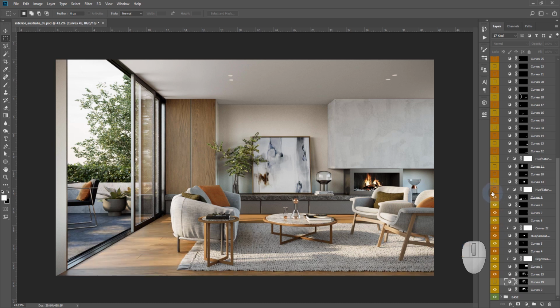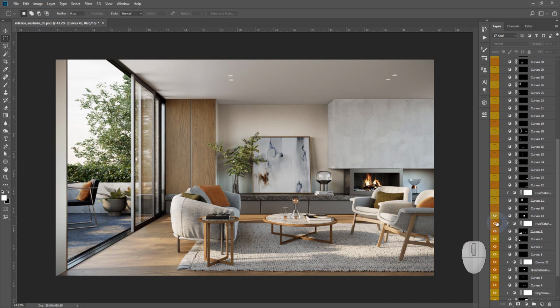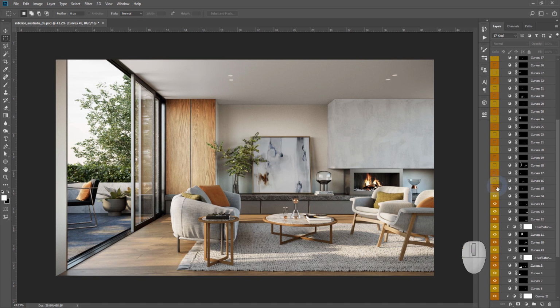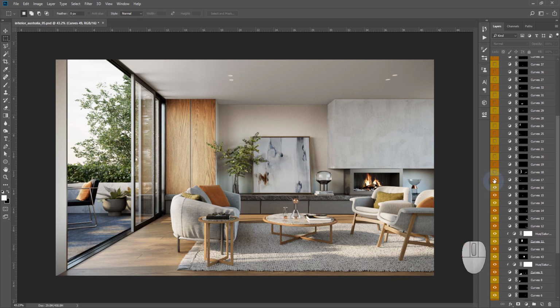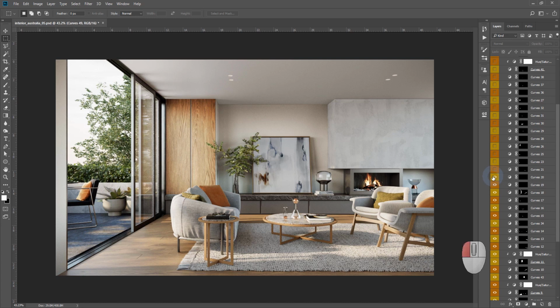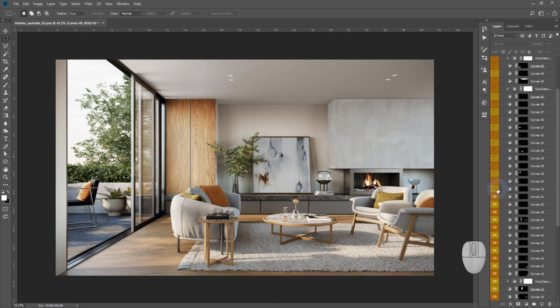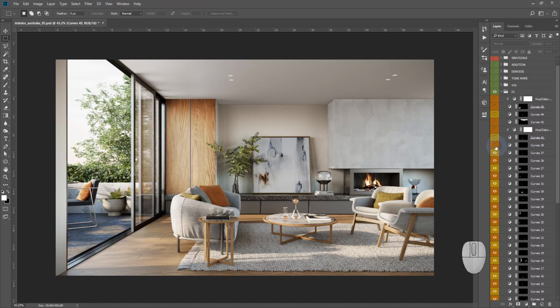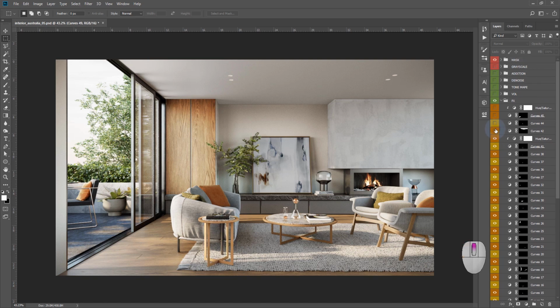If we make a curve on whole picture, there will be overexposures, underexposures in some areas. But by working with each object individually, we get an even contrast. It makes our picture balanced.